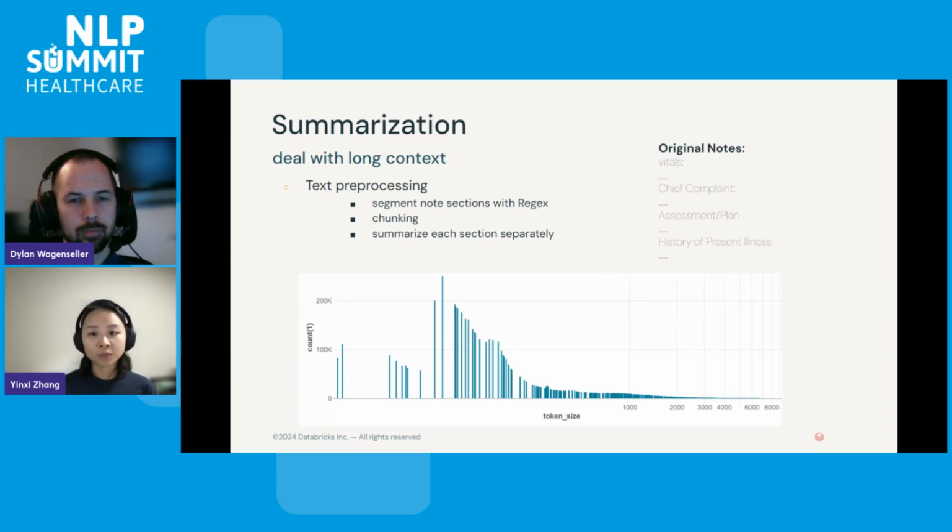This makes it impossible to fit into any summarization model or any generative LLM model like Llama or Mistral in a single run. The first thing we do is to pre-process the raw text as much as possible. We segment the notes, trying to extract key sections based on some empirical regex rules so that we can get sections, for example, for information like vital measurements, history of present illness, or current assessment